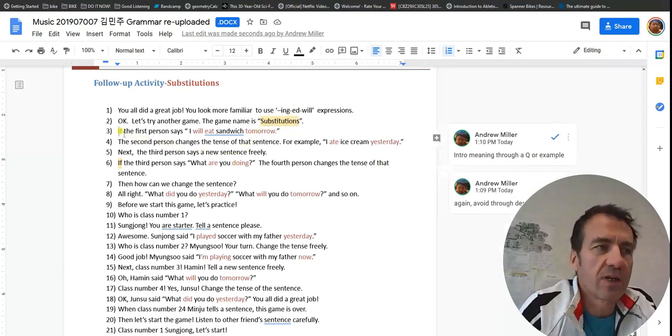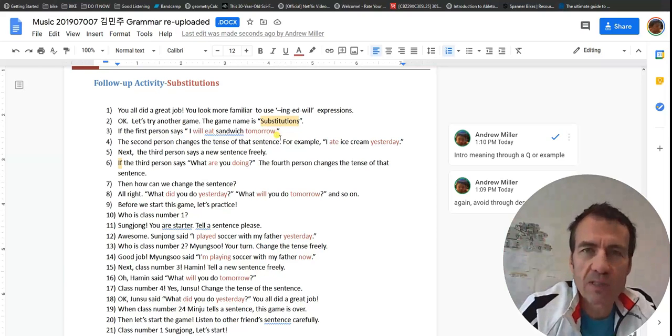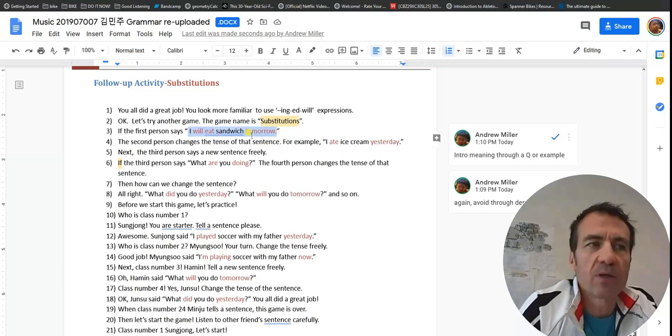We've said already, try to avoid "if" by demonstration. When you say this, if the first person says, I will eat a sandwich tomorrow, how will that person come up or think of that sentence? It's quite difficult to conjure it up from your head, so you'll probably need prompts like pictures on the screen or cards, or a model sentence on the board where you show exactly the kind of grammar and word choice